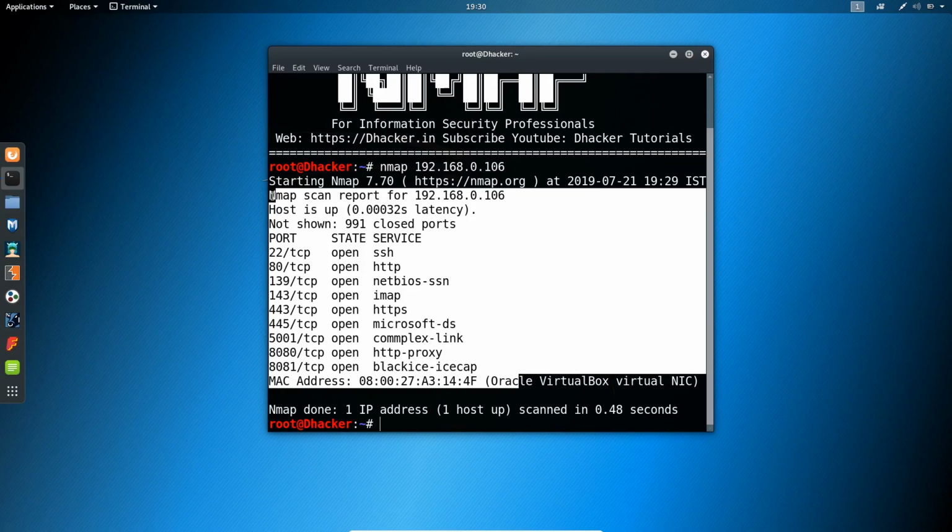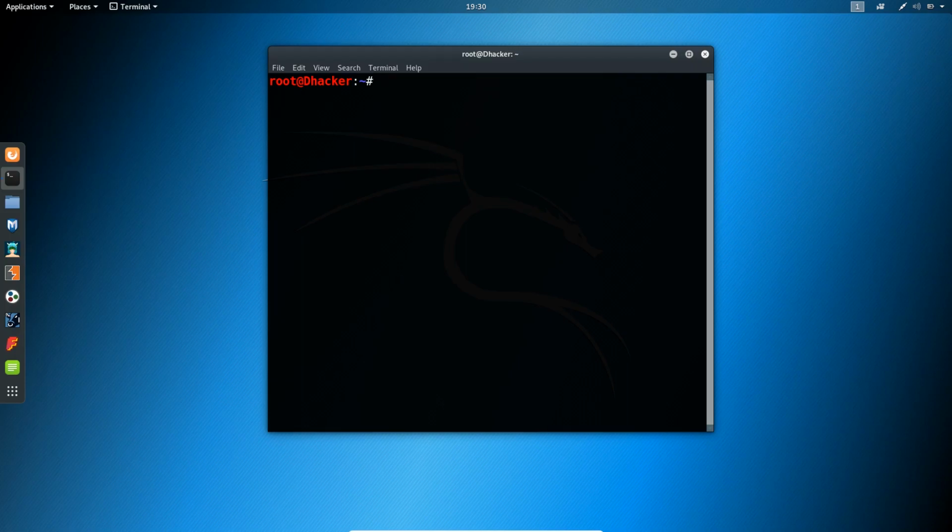So to get the list of the hosts, we'll be using the ping only scan command. Let me clear this out and show you the ping only scan command. Type nmap, space, minus sign, small s and capital P, space, and the range of IPs: 192.168.0 dot, either 0 to 255, sorry,